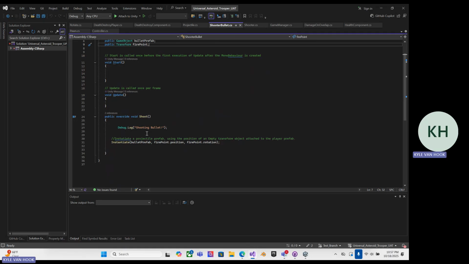But the issue came when we were turning. The sprite would stay in that forward. What am I trying to say? It would stay in the